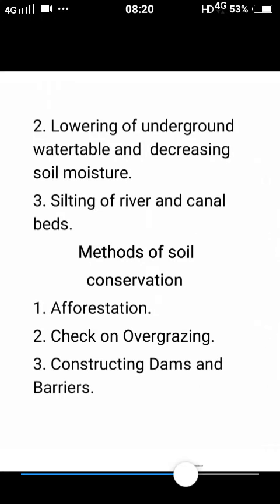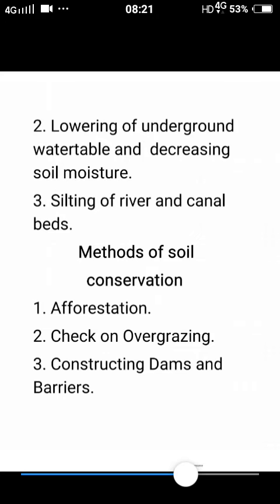So the need for the conservation of the soil is a must. Silting of river and canal beds: the soils which are removed generally collect in the river bed areas or canal bed areas. The silting materials collected in river beds and canal beds can also raise the water table of the surface water sources. Silting is a growing problem in rivers and canal bed areas. So here we also conserve the soil.